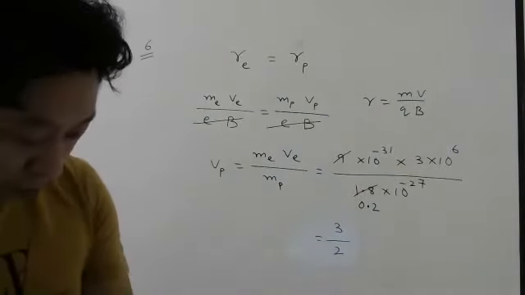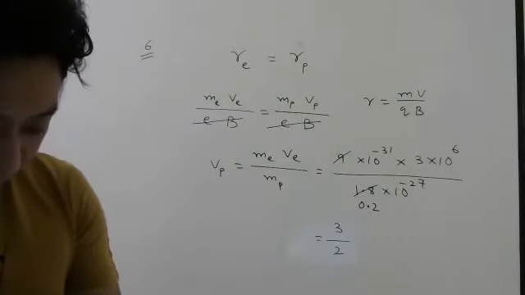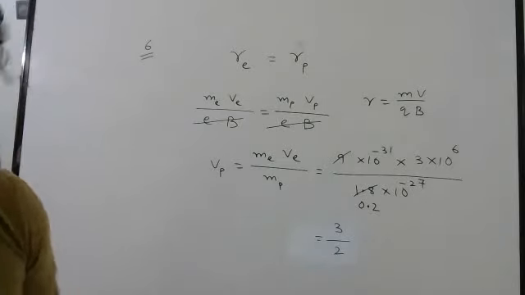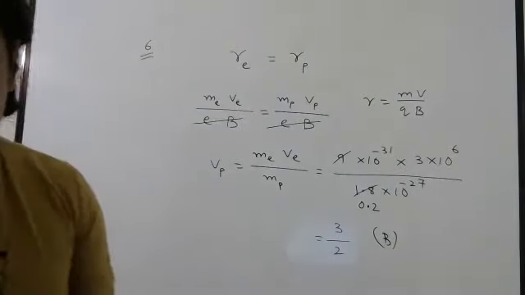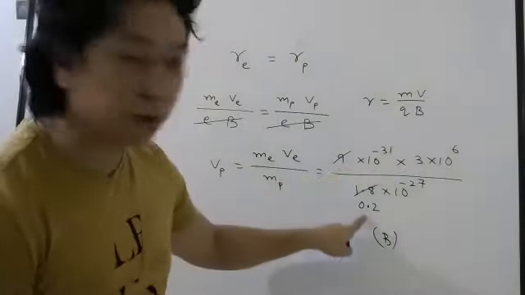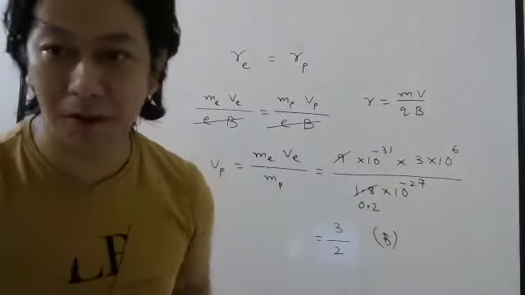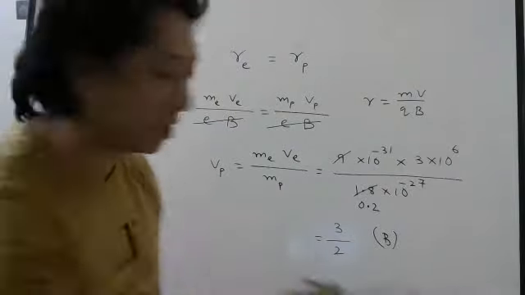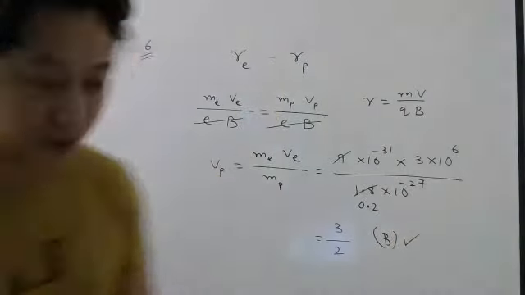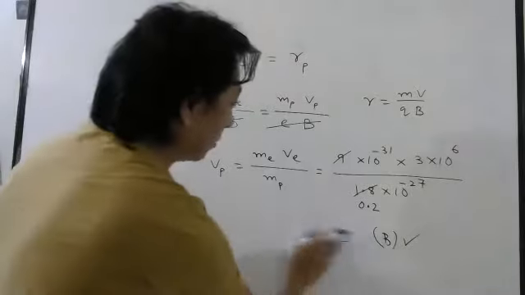If there is only one option with 1.5, option B will be correct. Option B. No need to calculate also, because 3 divided by 0.2 will have 1.5 somewhere. So if you see 1.5 in only one option, you can tick that option instead of calculating. Okay, so the calculation part I will skip.